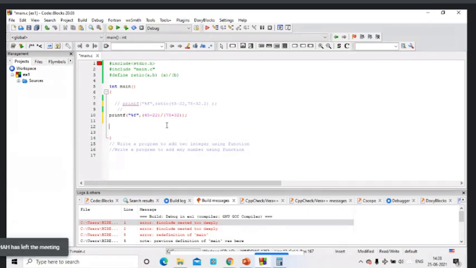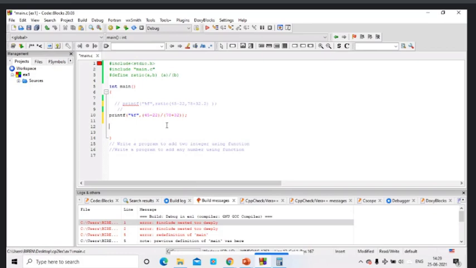Which of the following statements is incorrect about compiler controller directives? First statement: the #ifdef directive must be followed by an #endif directive. Second statement: the #ifndef directive must be followed by an #endif directive. Third statement: the #undef directive undefines the macro.